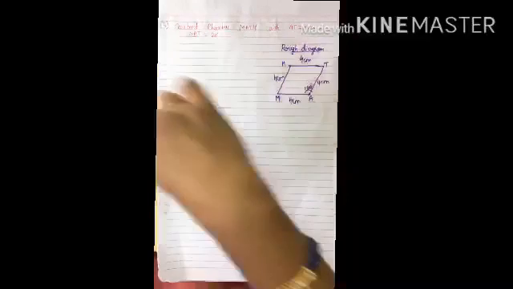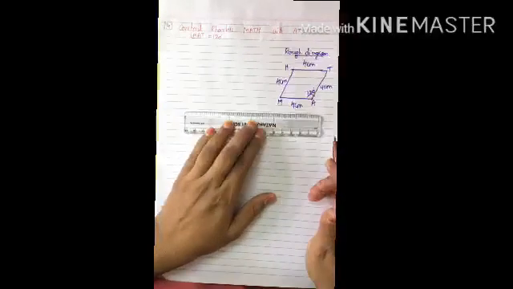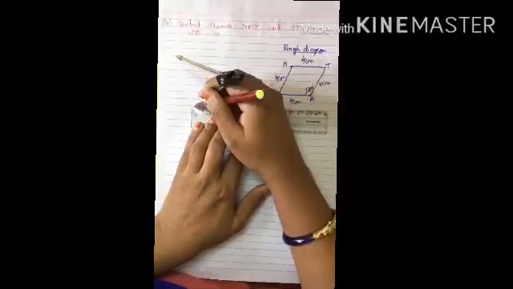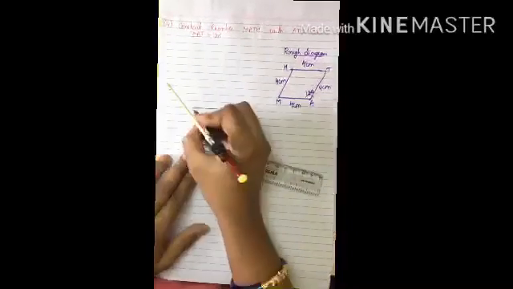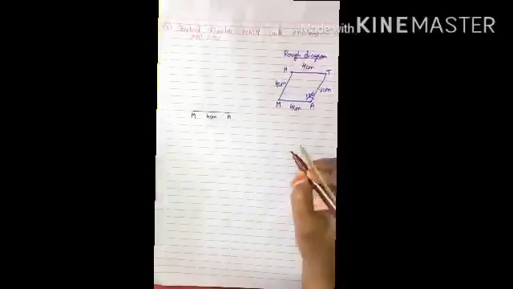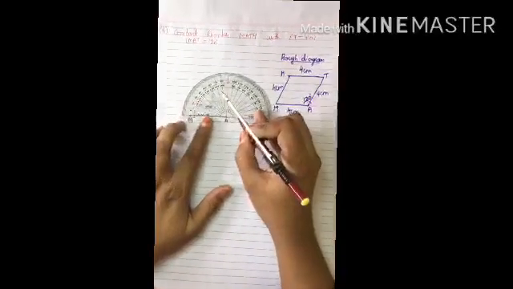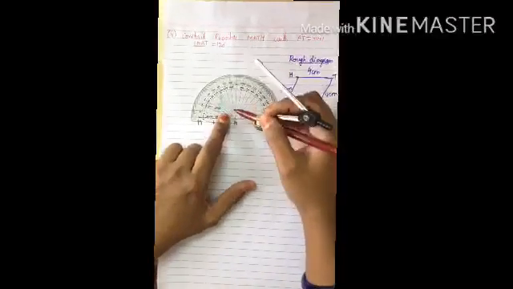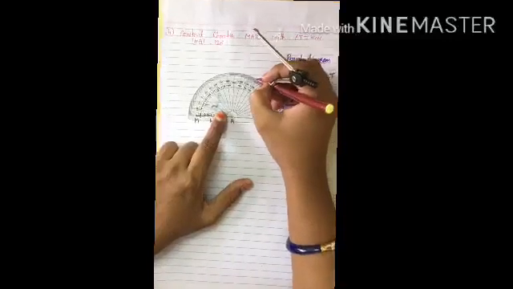Take ruler. Construct MA. How much? 4 centimeters. So this is MA, 4 centimeters. Now take protractor. Keep on A. How much is it? 120 degrees. Which values are you going to take? Upper or down? See, upper, because 0 is starting from here. So 120 is here. It is an obtuse angle.